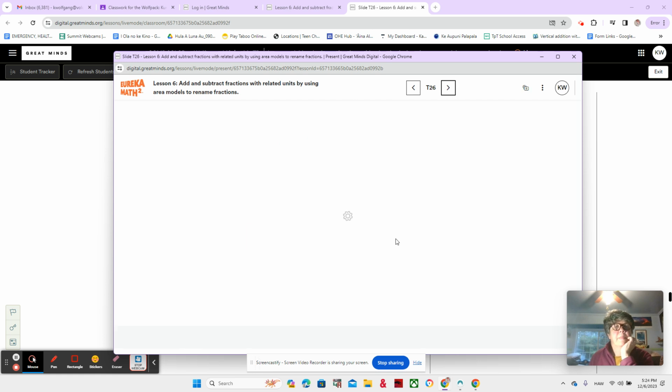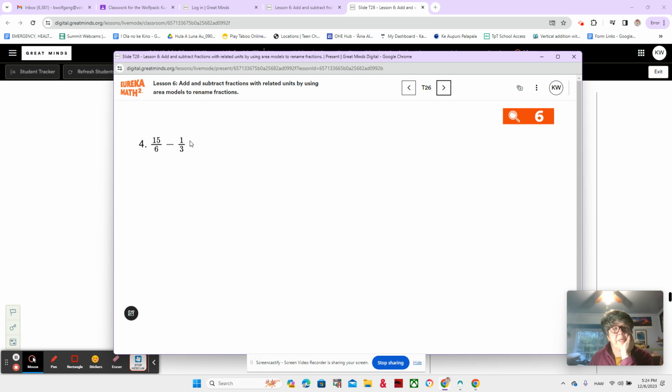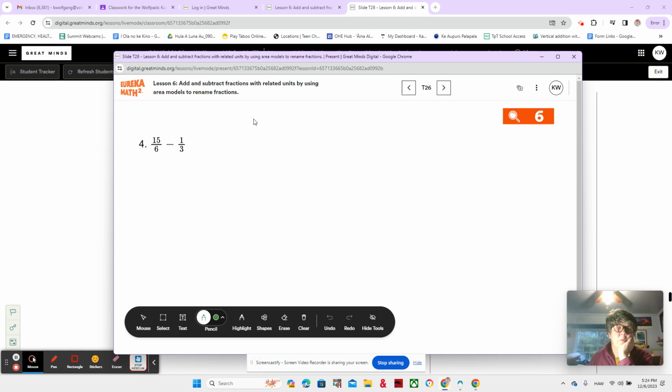Okay. Number 4 is 15/6 minus 1/3. Okay, let's just spend a minute looking it over. So 6 and thirds I know are related but different because 3 times 2 equals 6. 6 divided by 3 equals 2. 6 divided by 2 equals 3. It goes either way. And notice also that I have an improper fraction here. That'll make it easier for subtracting. So what if I just change my 1/3 to 6ths? I can multiply it. First, I better draw my